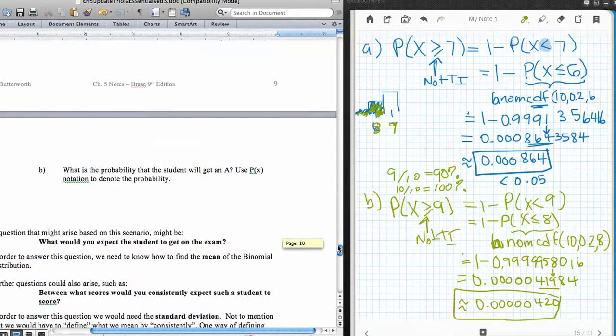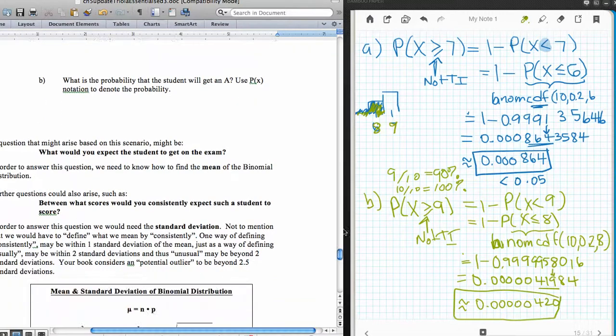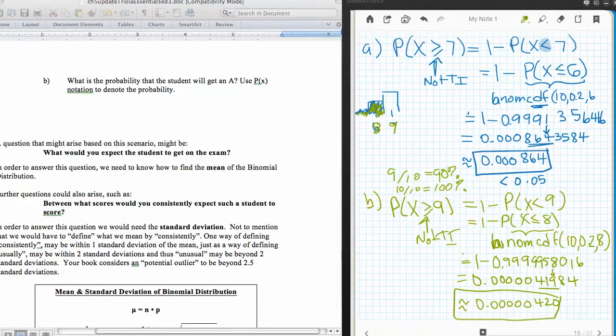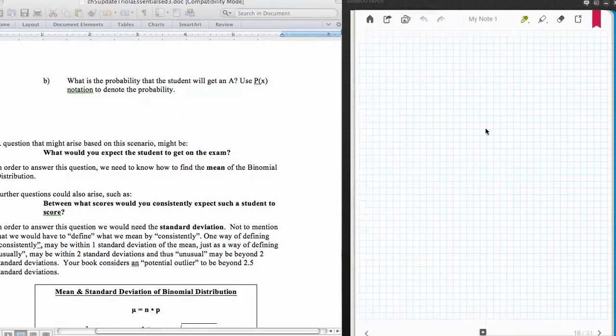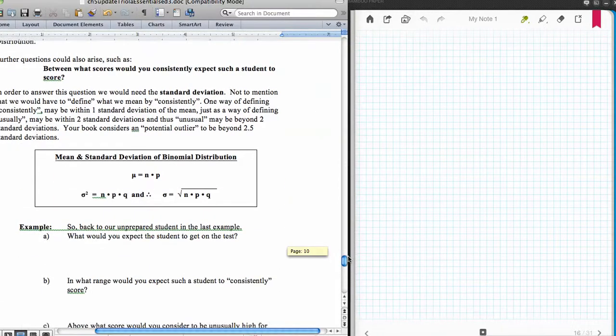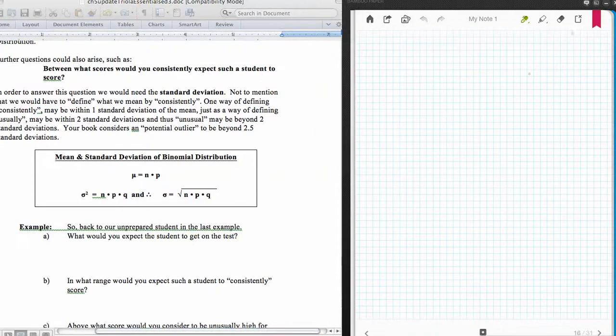All right, so now the next question that might arise is, what would a student get on this exam, on average, when they would be testing? Or what would we expect them to get? Remember, expected value is nothing more than the mean. So what we'd want to find out here is, how do we find the mean and the standard deviation of a binomially distributed random variable? Now I believe in Triola's